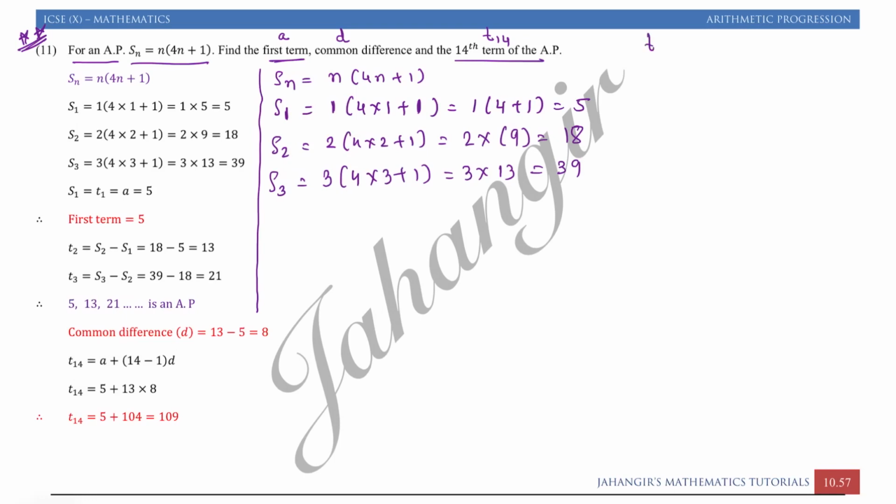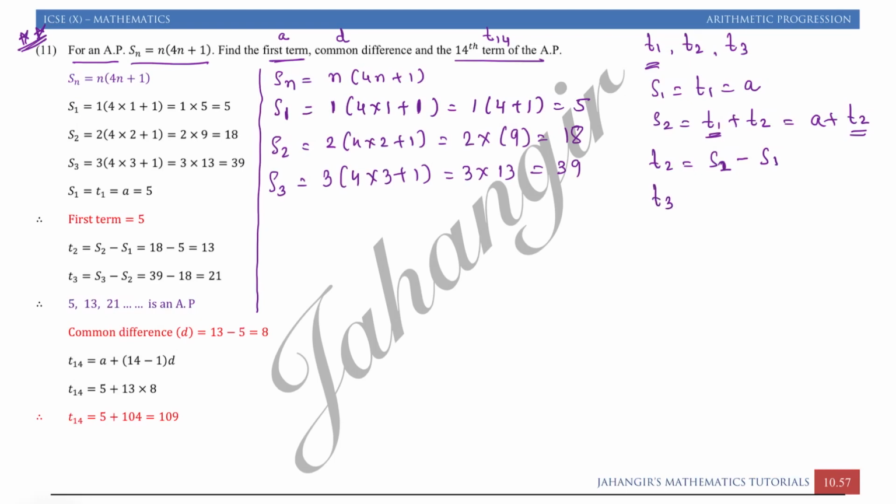If you have first term T1, T2 is the second term, T3 is the third term, the sum of first term is always equal to the first term, which we can say as A. Now the sum of two terms is always T1 plus T2. So that can also be written as T1 as A plus T2. If you have to find the second term, what will we do? Second term is equal to the sum of two terms minus the sum of one term. Means the sum of two terms is the addition of two terms and the sum of one term is the addition of one term. If you subtract, you are going to get exactly the second term.